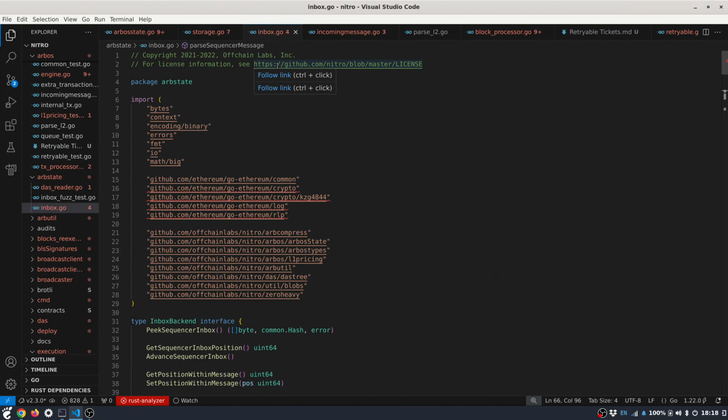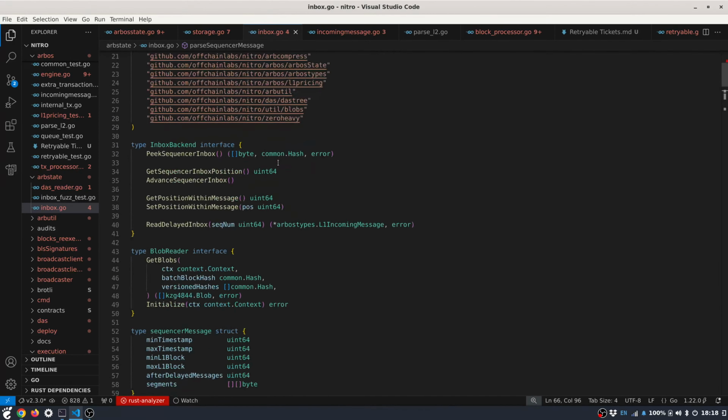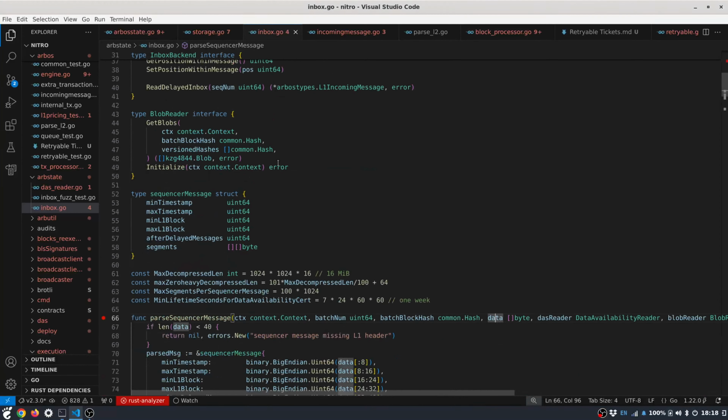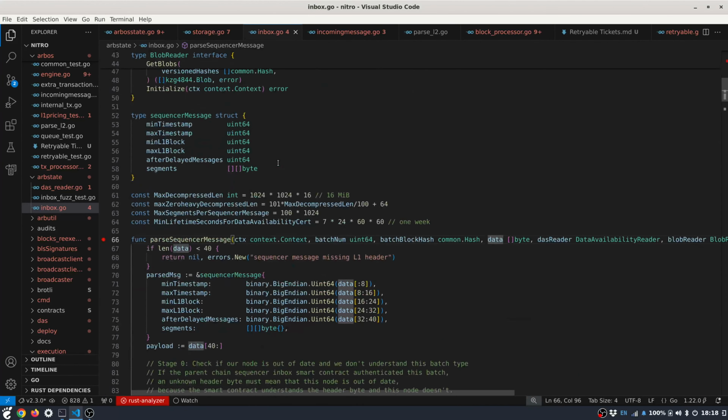And as I explained, we're not going to describe it in neither the bridge in the smart contract nor the sequencer. Instead, we're going to start our review in the inbox file